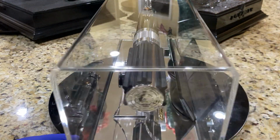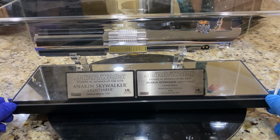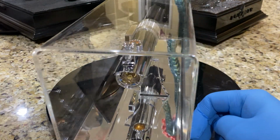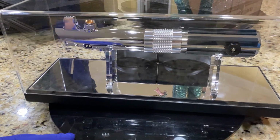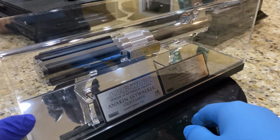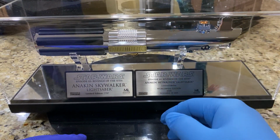So what is it about this lightsaber that's so amazing? This is the one that I think really captured a lot of people's imagination. There's a YouTuber named Star Wars Theory, who bought this one. He was just a kid when he was enraptured by Star Wars. I guess the prequels were to him what the original trilogy was to us, the older generation, people my generation in their late 40s, early 50s, let's just say. Even I'm a little bit young for the original Star Wars. I managed to catch the tail end of Empire Strikes Back and Return of the Jedi. Return of the Jedi was really my movie, but he was so excited to get this lightsaber,